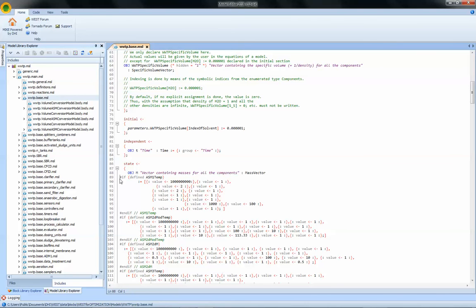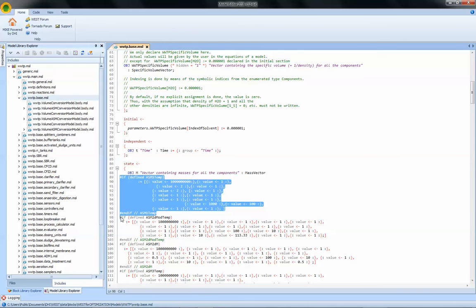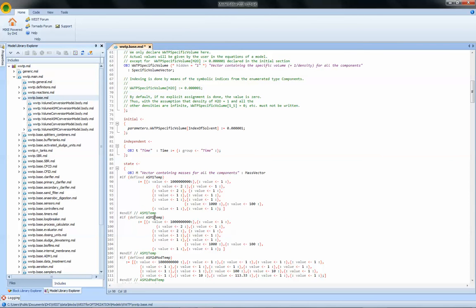So I will need a similar block. So I'm going to select this one, copy, paste, update it for ASM1 mod. And just copy one of these elements from the opening curly bracket to the comma. In this way, I have effectively initialized my state vector in the scope of ASM1 mod, which has one additional component compared to ASM1. And save, Ctrl S. So now I am ready to test this new